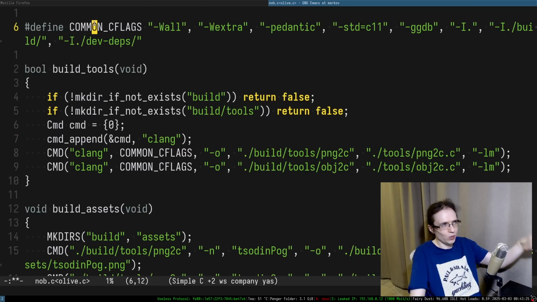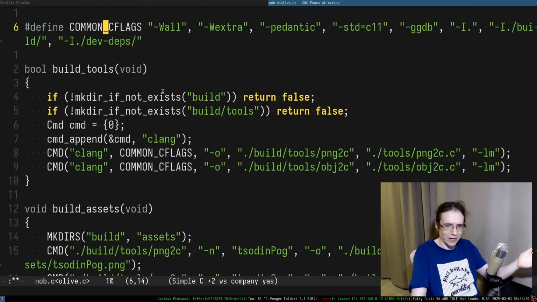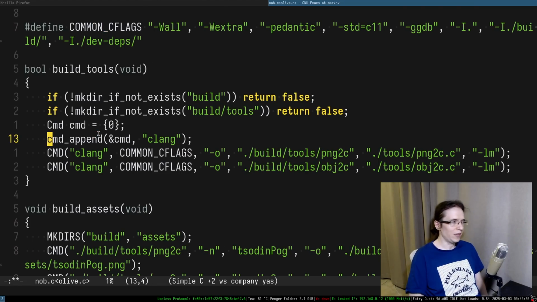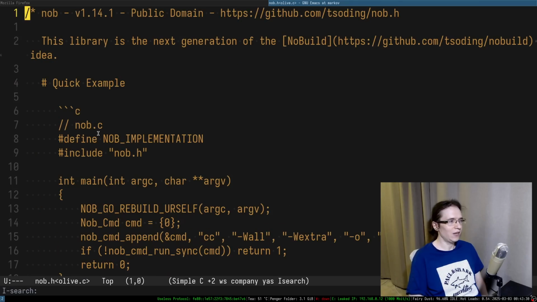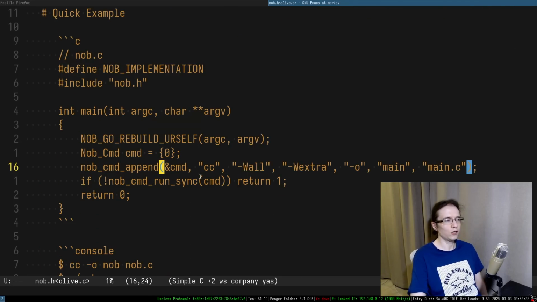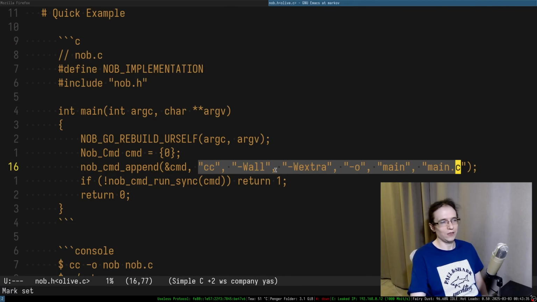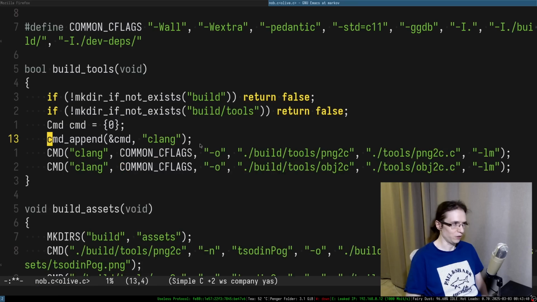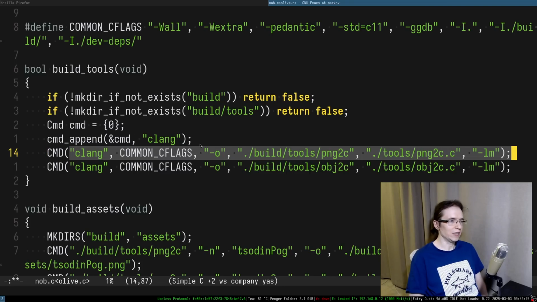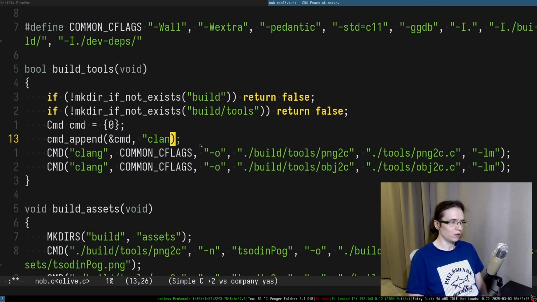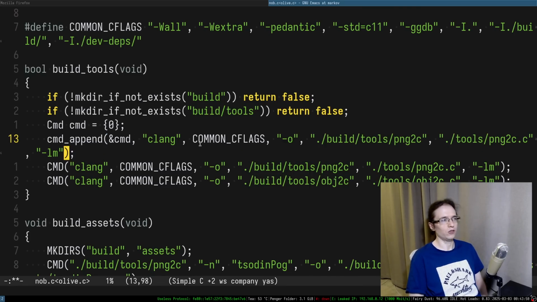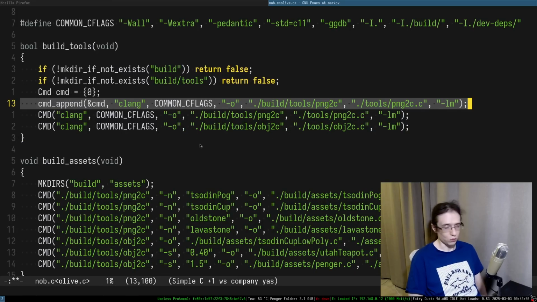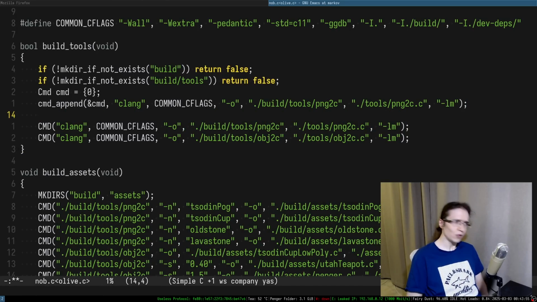Like for example, I don't want to append the entirety of this common C flags or anything like that. Because of that, I made the command append actually variadic. So you can supply several things and it will just append them separately. So what that means is I can take this entire thing and append it at once. Pretty cool. So after that,